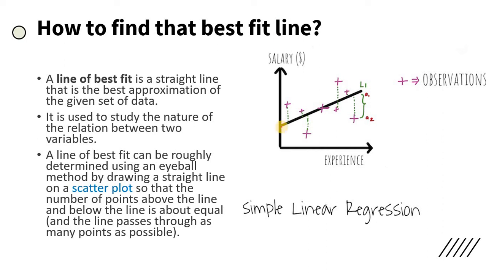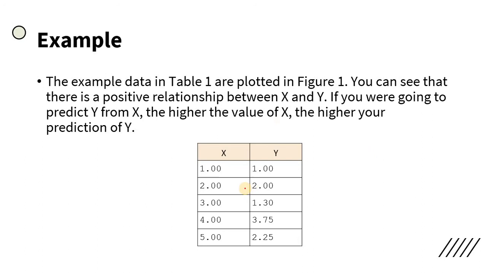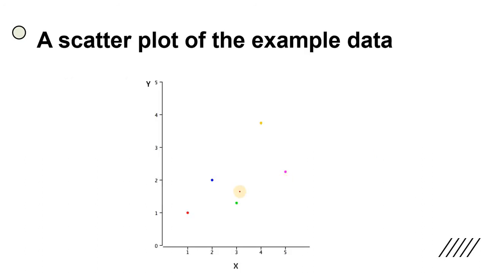As I said, we are drawing the line such that the distance from the points to the line is minimum. So here we are counting the distance of this, this, and this. Yes, so we are drawing the line such that the distance of the points becomes minimum. Suppose this is the example data, this is the value of x, this is the value of y, and we are plotting the line on this plot. Suppose I draw the line here, so there are no data points on this line.